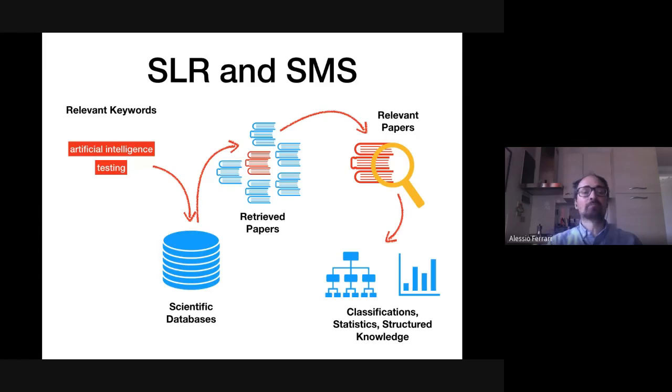Here is a very simplified way of looking at systematic literature reviews and mapping studies. We will see the differences in a few slides. So you basically start, as I said, with relevant keywords, keywords that are relevant for your research questions, because again, you always start your research from some research questions to address. We'll see typical research questions for this type of study later on. So you start with relevant keywords, you search in the scientific databases, you retrieve a set of papers,